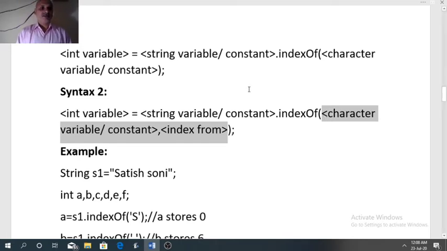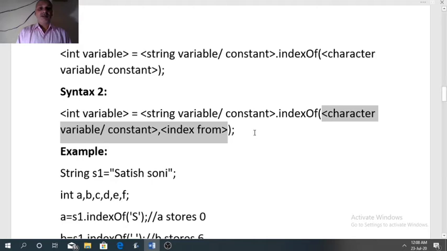Since the indexOf function starts searching the character from left to right, as soon as it finds the first occurrence of the character, the index of that character will be the answer of this function. So if the same character is present again, this function will stop as soon as it finds the first occurrence. It will not search the next characters present in the string.